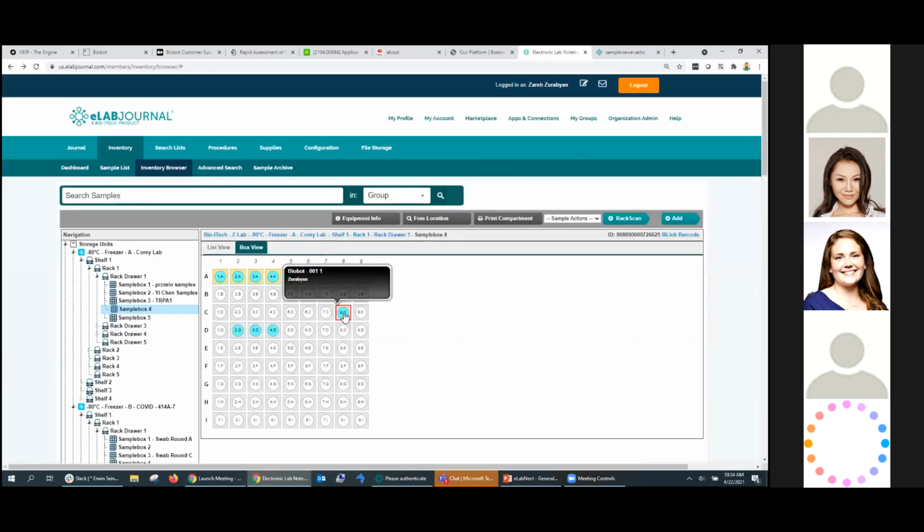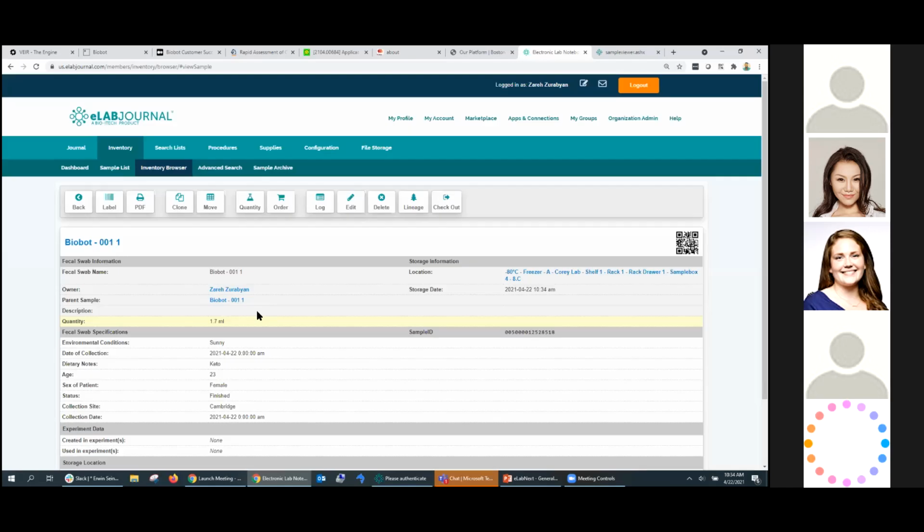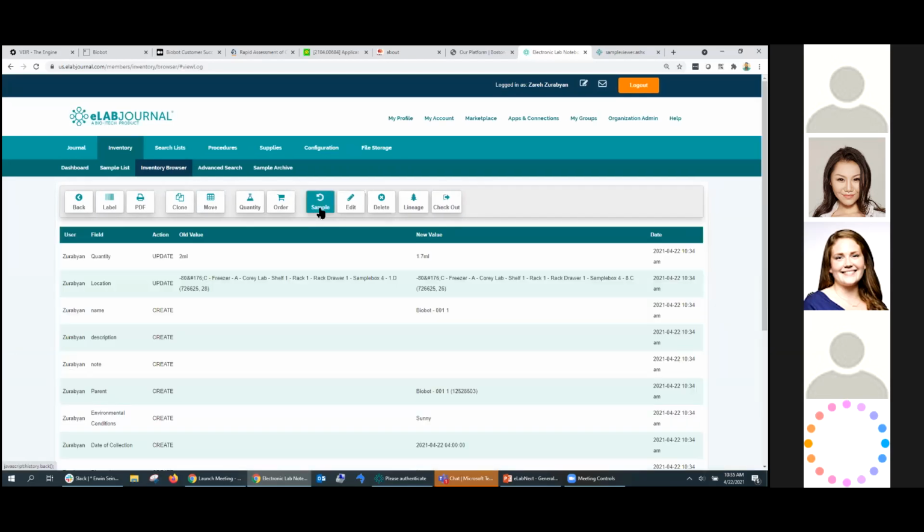Here you see I moved it from here to here. I can quantify it. Let me take out 0.3 mils just to show you. The math gets done for you automatically. And the reason why I'm going through all of these buttons, their names are pretty self-explanatory, but I really want to go through these just so I can show you that as you do these things, everything gets logged